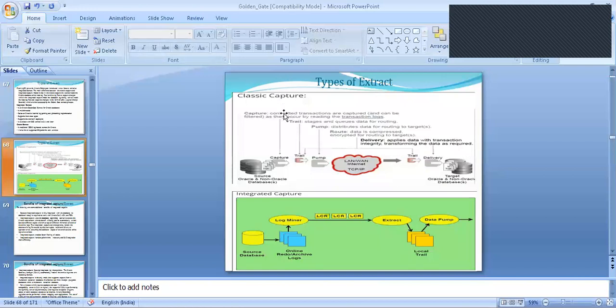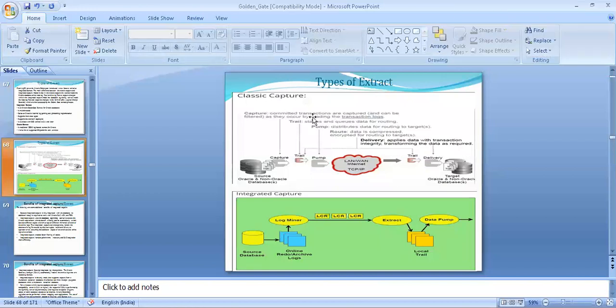We have already discussed the classic environment. In the classic environment, capture means the extract process reads committed data and stores it in the trail file. The trail file is a simple text file. The data pump is a secondary extract process, and delivery means the replicate process.